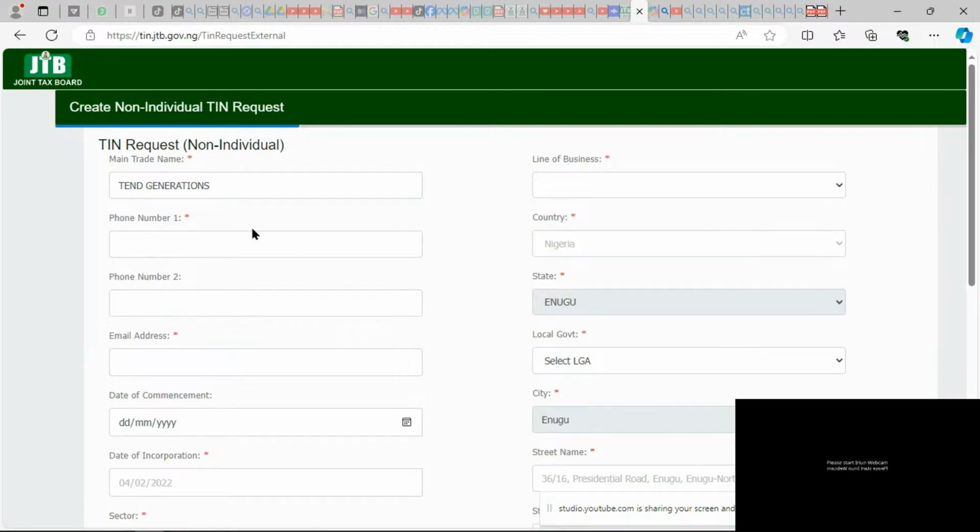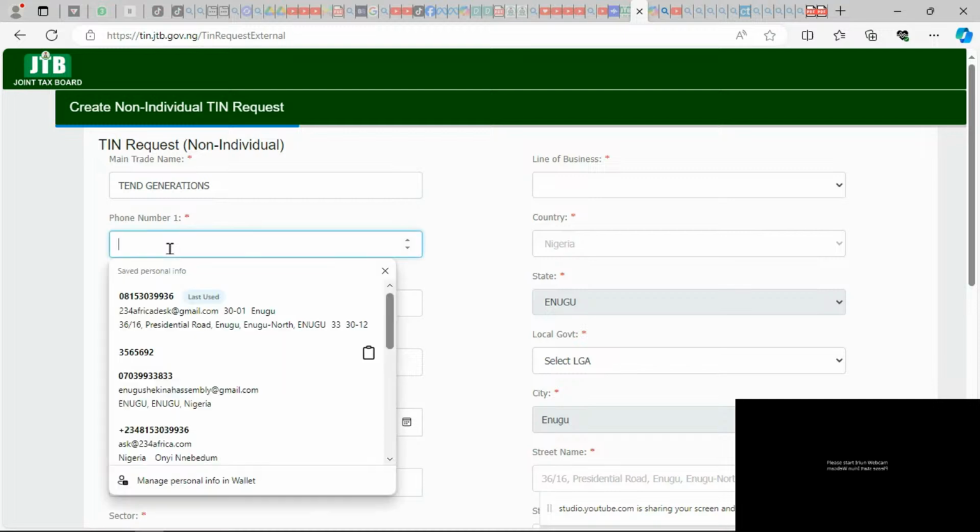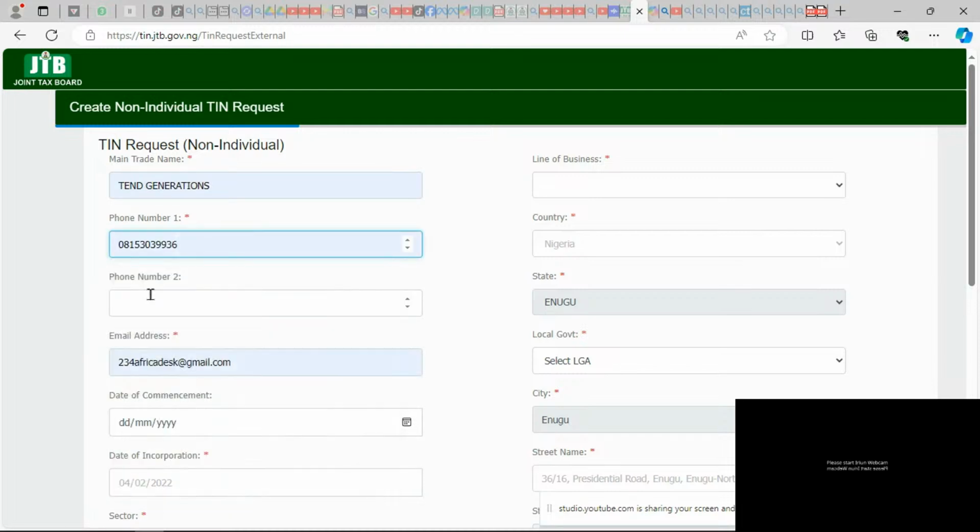When you get to next, you fill up the spaces that have not been filled, like here we have phone number. I could put any phone number here. Your concern should be anywhere you see the red star, that means it's a required field you must fill.